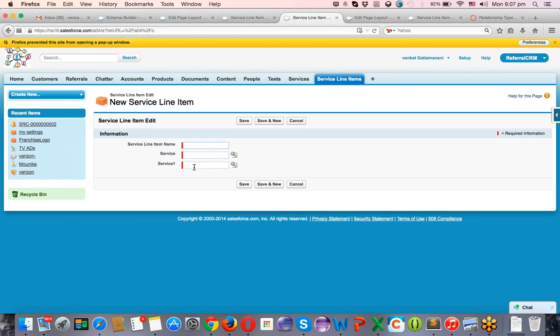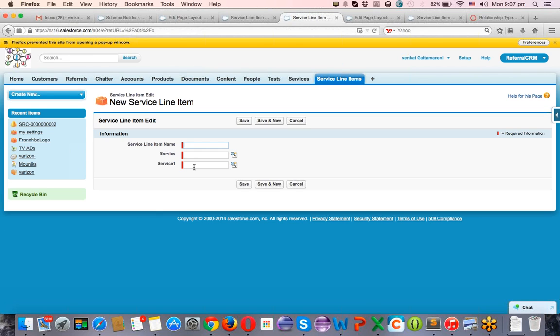So you can make a lookup relationship work like a master detail field by making the field a required field in the page layout, right? Or at the field level security. While you are creating a field, there is a simple checkbox called required in the lookup field also. If you make that field required, the features will look very similar to the master detail field.